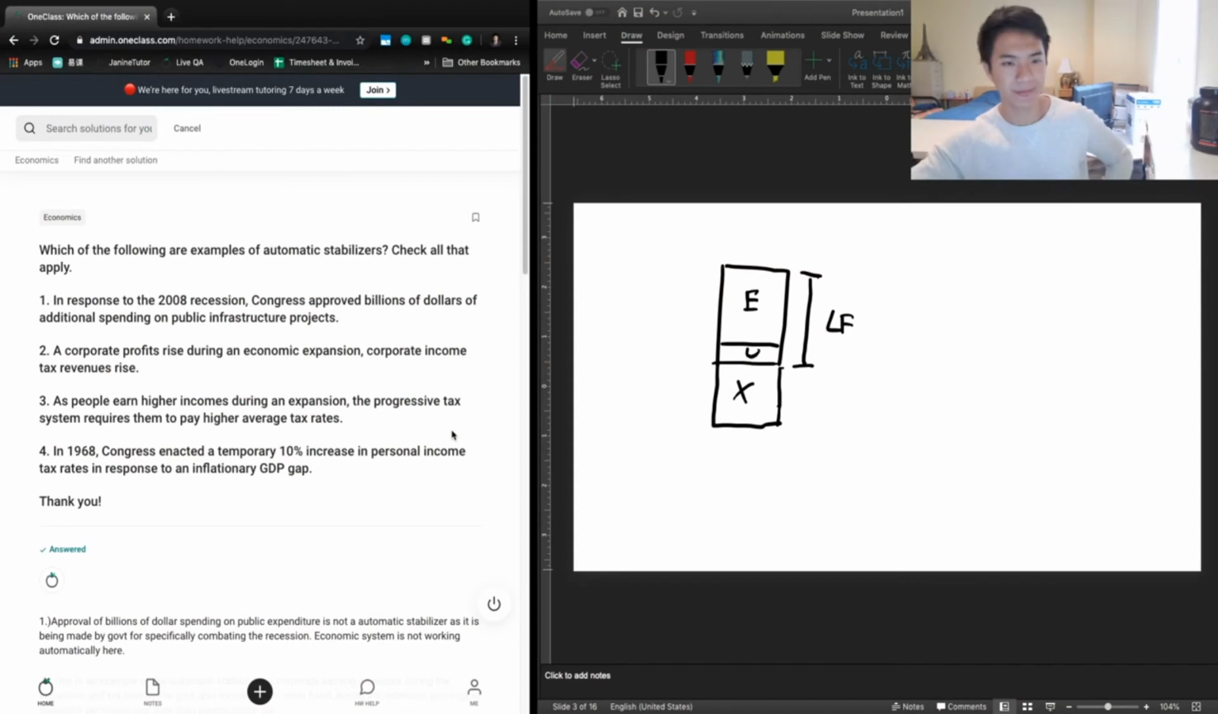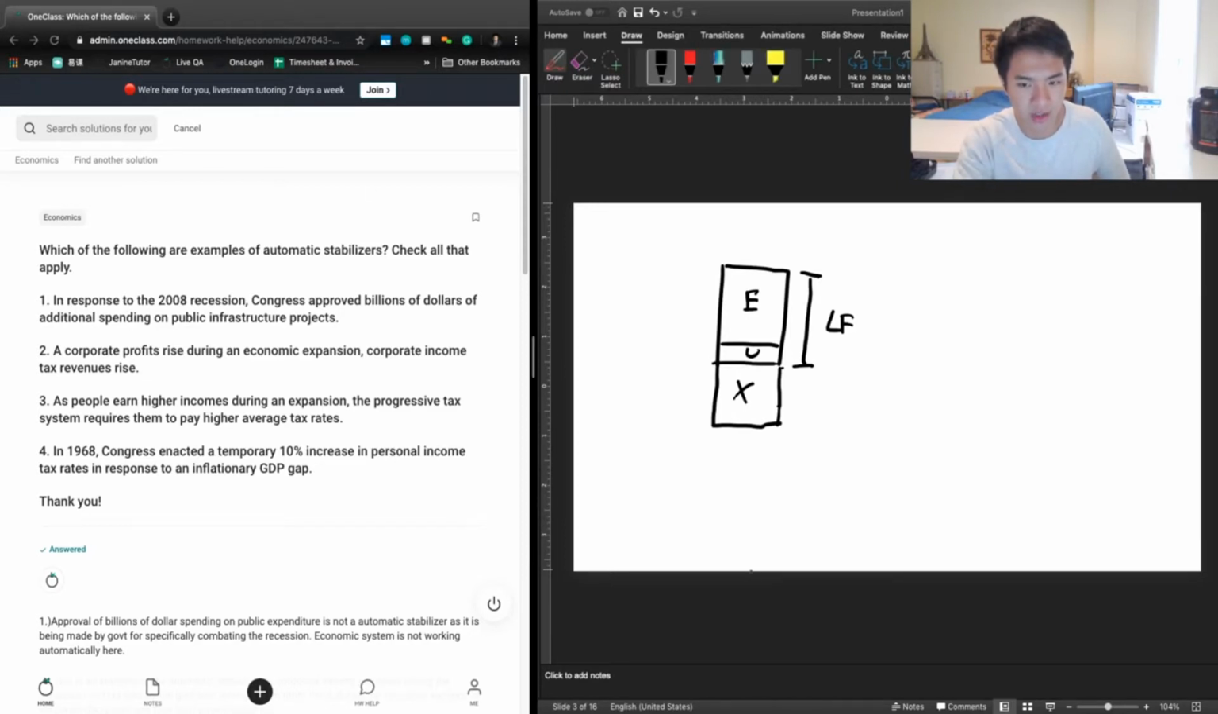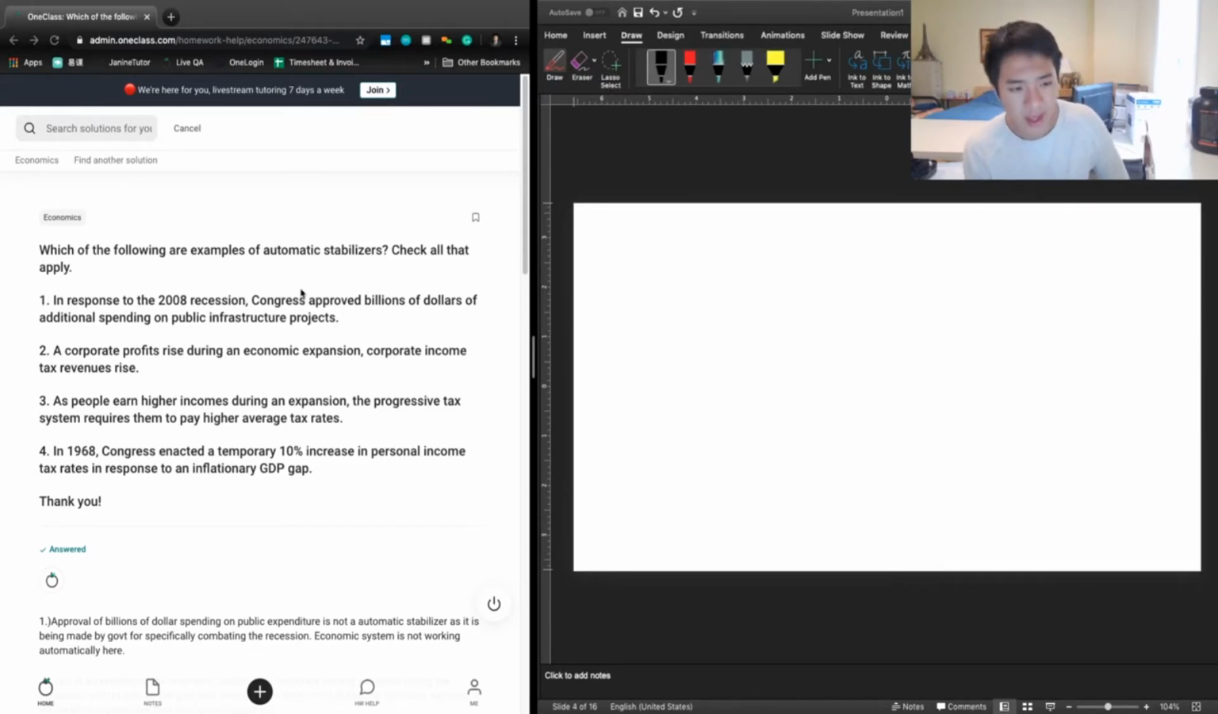So next question says, which of the following are automatic stabilizers? Check all that apply. Number one, in response to the 2008 recession, Congress approved billions of dollars of additional spending on public infrastructure projects. Number two, a corporate profits rise during economic expansion causes corporate income tax revenue to rise. Number three, as people earn higher incomes during the expansion, the progressive tax system requires them to pay higher average tax rates. Number four, in 1968, Congress enacted a temporary 10% increase in personal income taxes in response to an